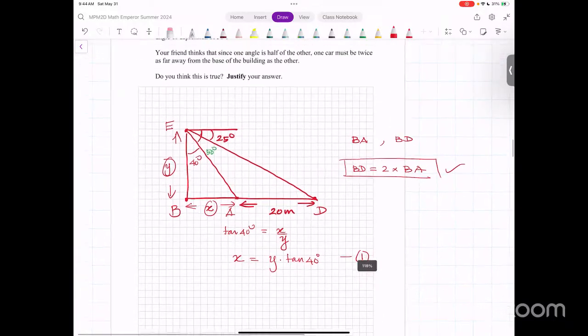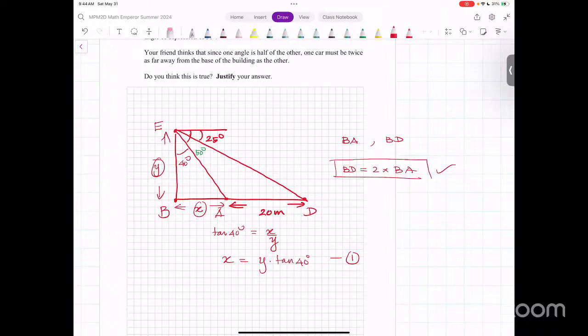Okay. Now, there's the first step. So now we're going to move back to find the distance of BD. How do you find the distance of BD? Well, we know this angle is 25. Therefore, that angle, 90 minus 25, is going to be 65 degrees. So if I take tan of 65 degrees,